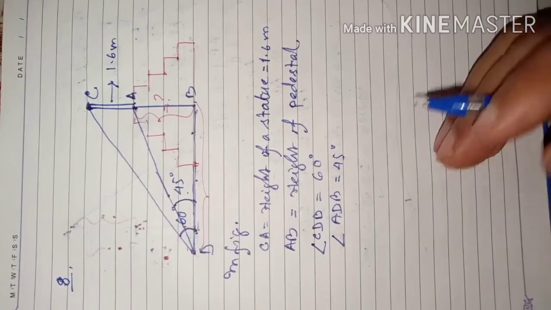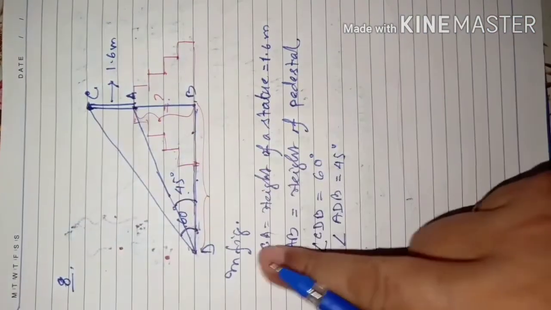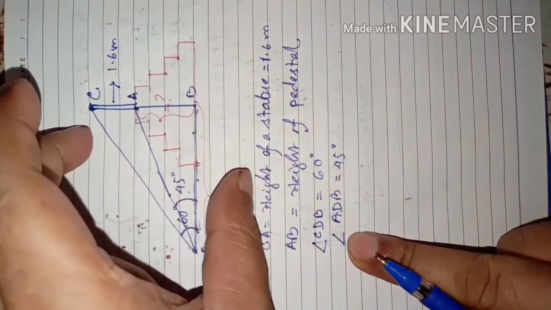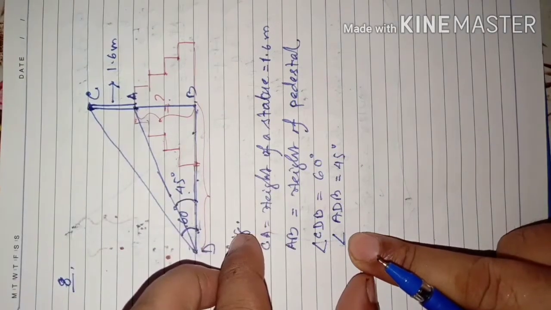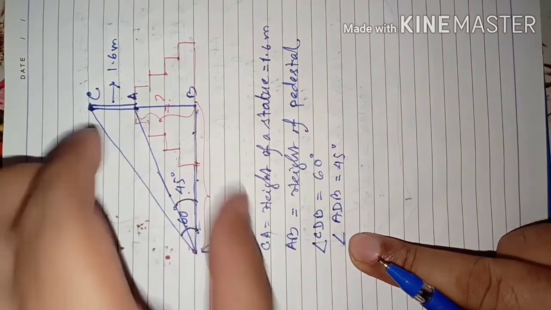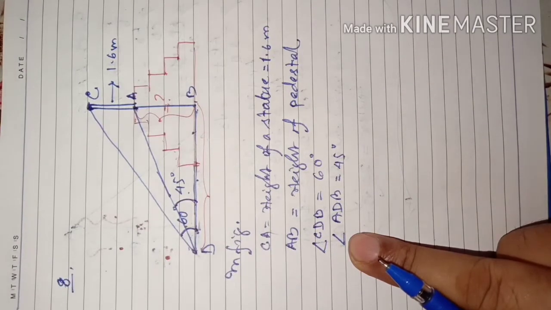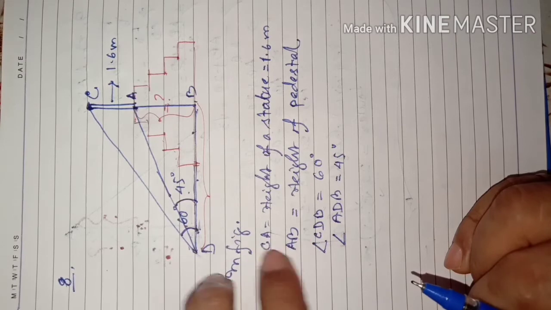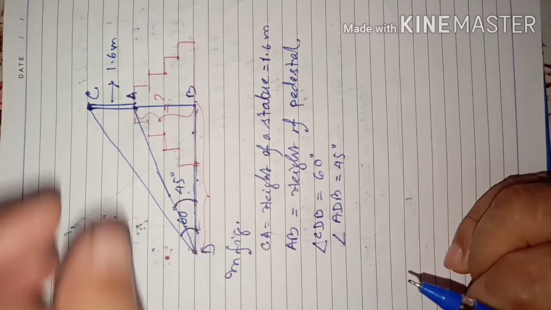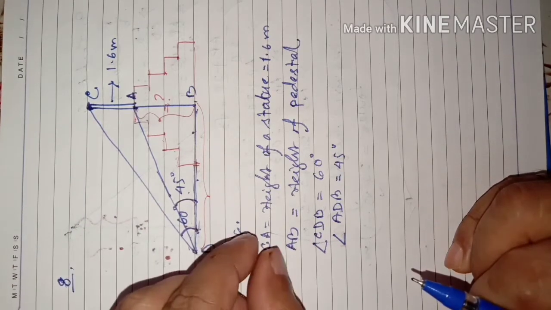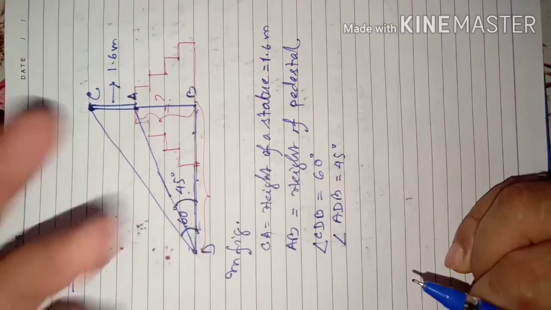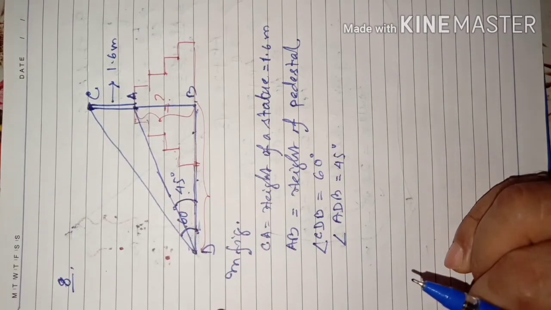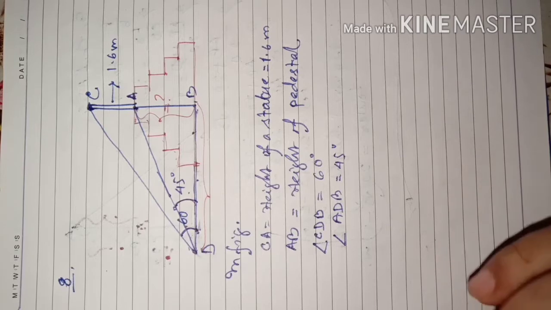You have to write that every time. It is a compulsory thing that you explain what is what in the figure. Without the figure, don't write the answer. If you write this answer without the figure, then your whole answer is wrong, and nobody will give you marks. When you say CA, we understand somewhere CA exists. But if you say CA and nowhere in the diagram it is there, it will never be taken as correct.